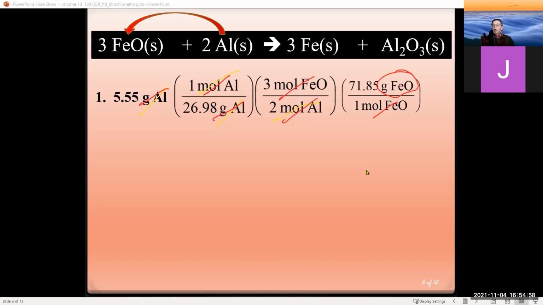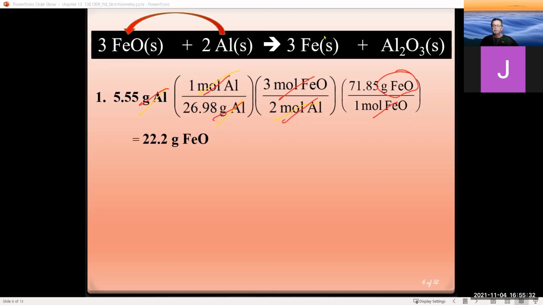Now remember, with respect to sig figs, all of these conversion factors have no factor in sig figs, okay? Atomic weights and the mole ratio are whole numbers. They're exact numbers, no factor in sig figs. Atomic weights are the weighted average of whole numbers, which would not be used for sig fig calculation. So all you can go by is what you're given, which is 3 sig figs on 5.55. So our answer is